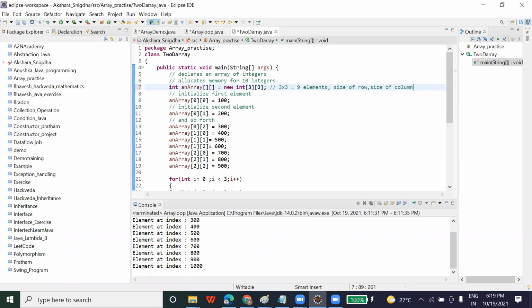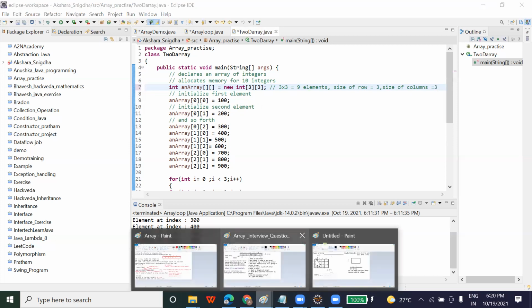So you have to pass the size of a row and the size of a column, and based on this 3, 3, now suppose if you pass 4, 3, then how many elements will there be? It will be 4 into 3, 12 elements. In that case, what will be the size of a row? 4. But now here we have passed 3, 3, so the number of rows will be how much? 3. Number of columns will be how much? 3. Is it clear? Now here, when you want to assign it, it will be assigned like this. 0 row, 0 column will be 100, as you can see here.